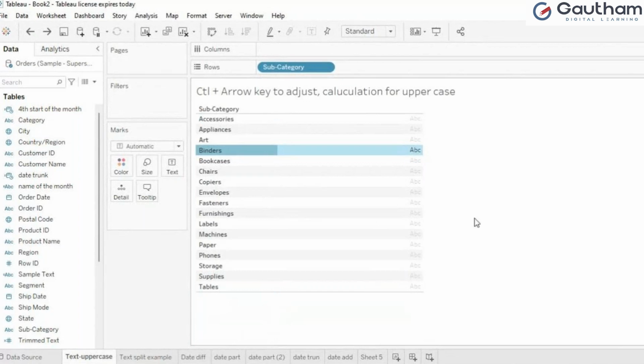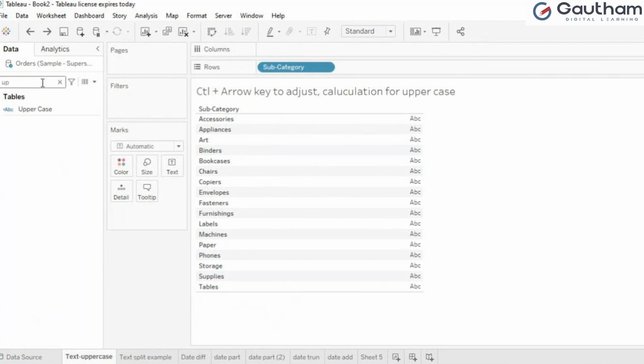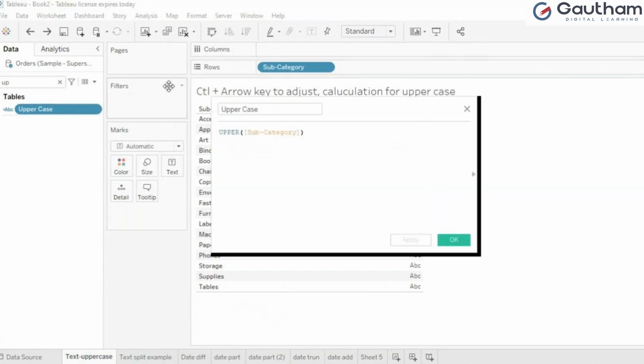So here, now I wanted to see uppercase for all. For that I have already created it. I told you already, for the calculations, when you are new to a job, you have to identify this way how they have created a calculated field, and you can edit and see. Maybe this is easy for you, but very complicated ones they'll be creating.